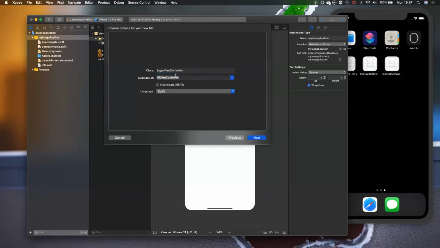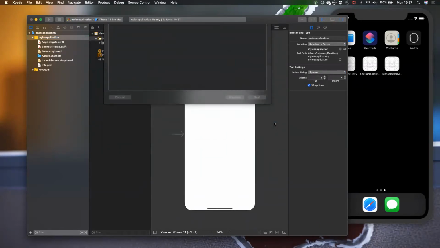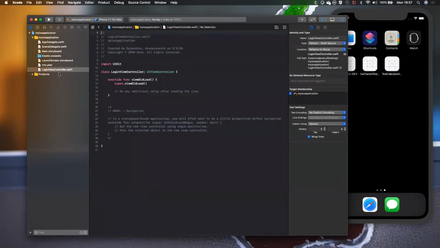So this UIViewController is Apple's framework. So it will give all the required predefined components. So we just need to do basic coding. The language is Swift. I'm clicking on next and I'm clicking on the location as well. Yep. So our class is created.